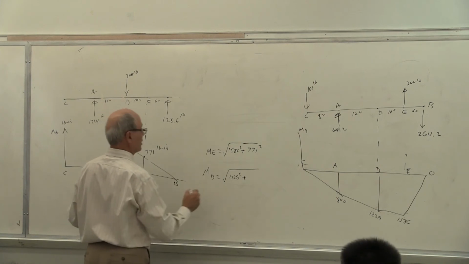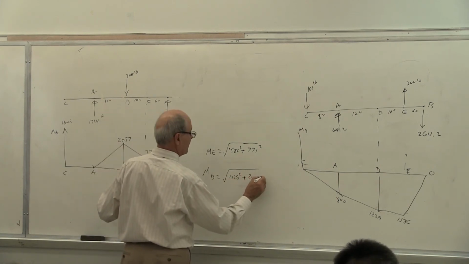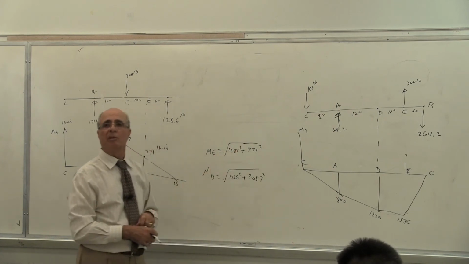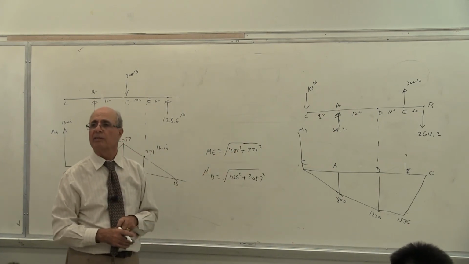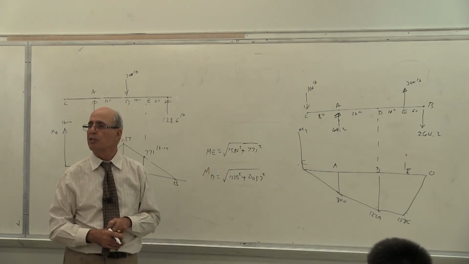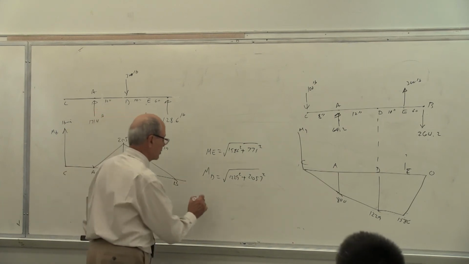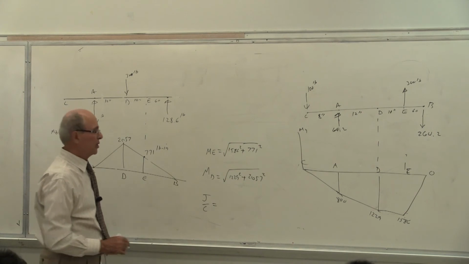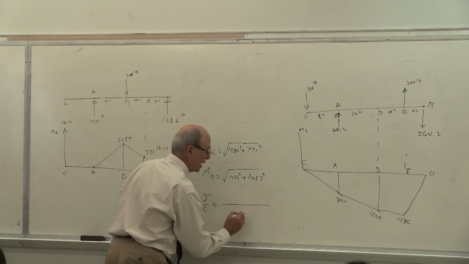And here we get 2059. Of course, the square, obviously, as you see, this is much larger than the other one because there is no trick here. Is that correct or not? They are not even close to each other. Yes? So you go to your formula. This is all you do. You put J over C, and then you put here tau allowable.